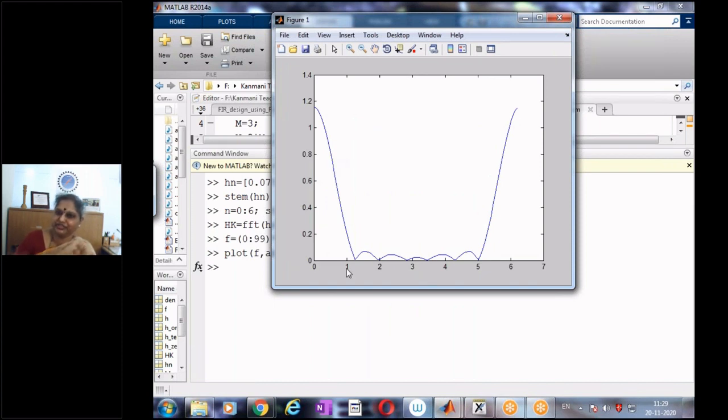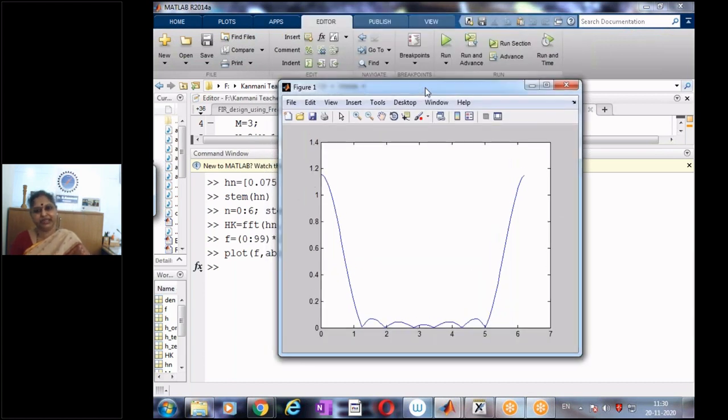This was very simple. Instead of computing e to the j omega, e to the 2j omega, and so on, I get the same result. Another simpler method is to simply compute a large-point FFT, and this is the result we get. Of course, when I do an FFT, it computes from 0 to n. I can always write a program to compute it from minus n to plus n. So this is another method of computing the frequency response of the designed filter.